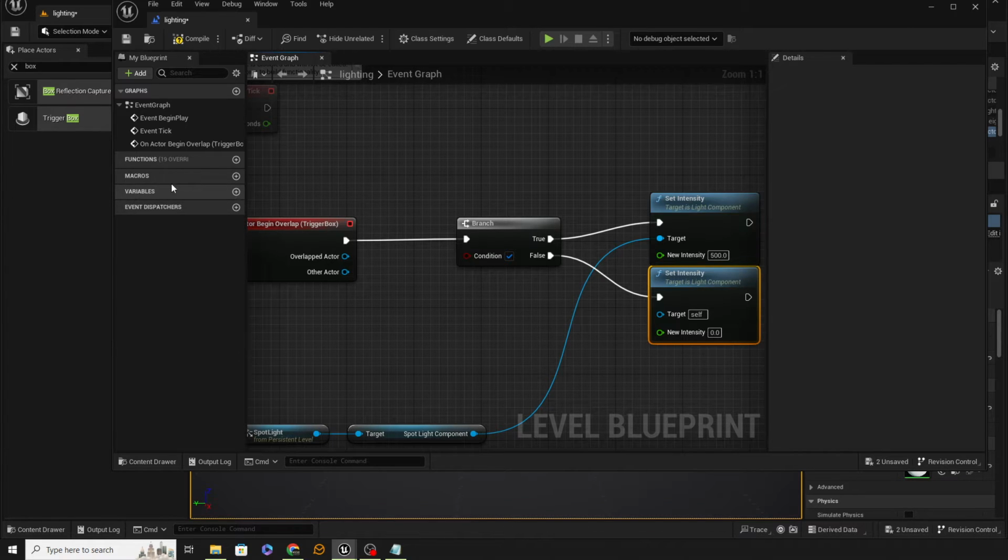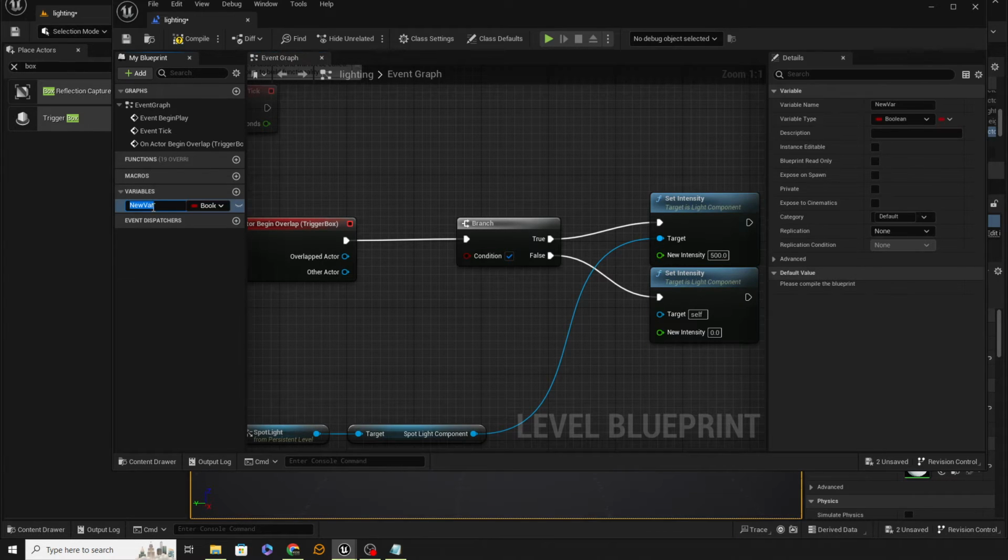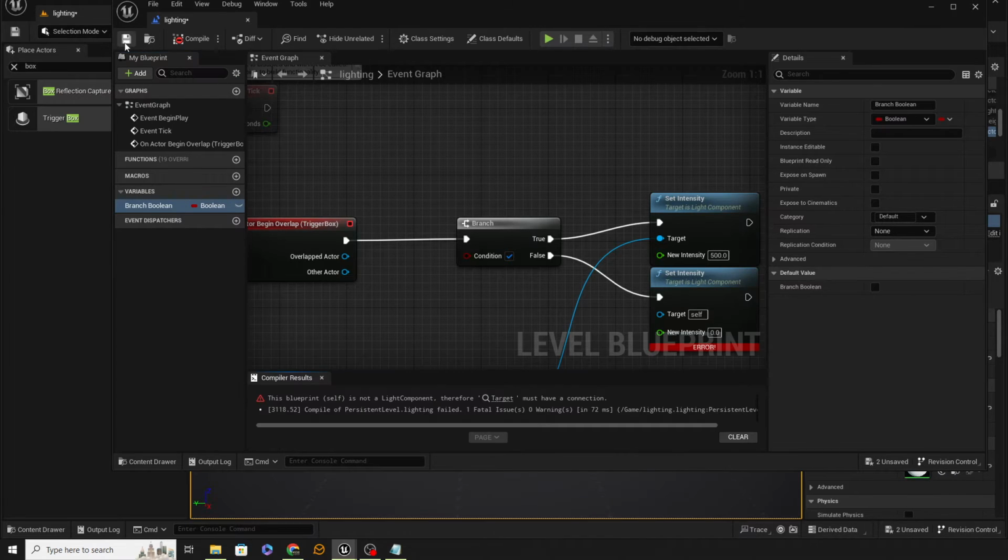So where it says Variables just here, I'm going to click plus and I'm going to put Branch Boolean. And you'll notice I can use spaces in that because it lets you use spaces in the names. Next to that it says Boolean, and there's a little picture of a closed eye. Now if I hit compile and save, there we go,